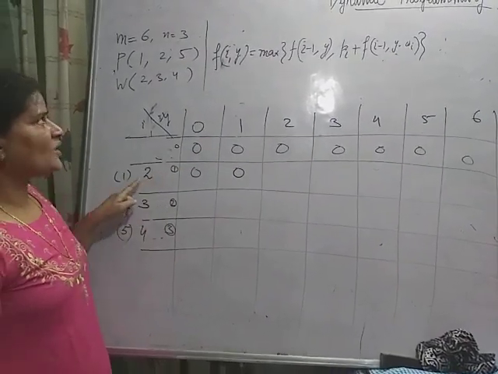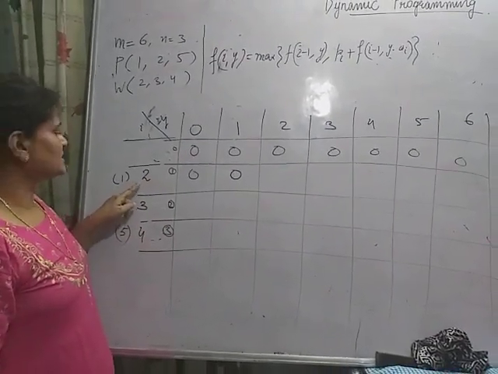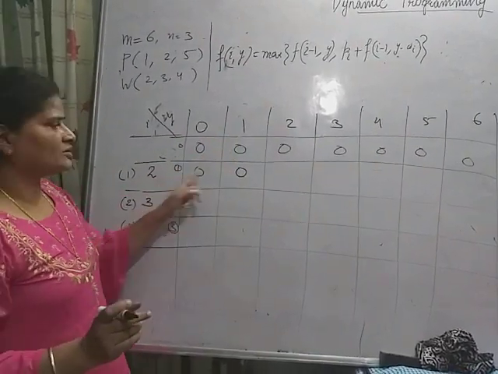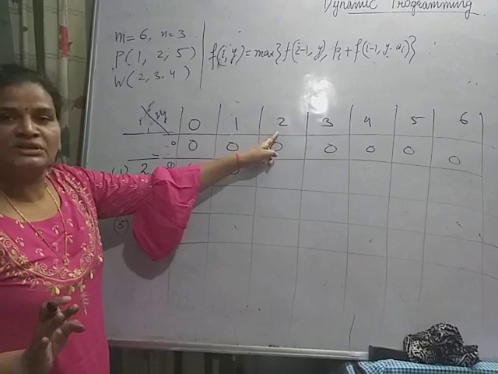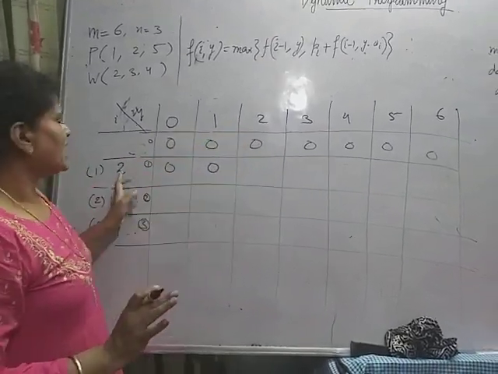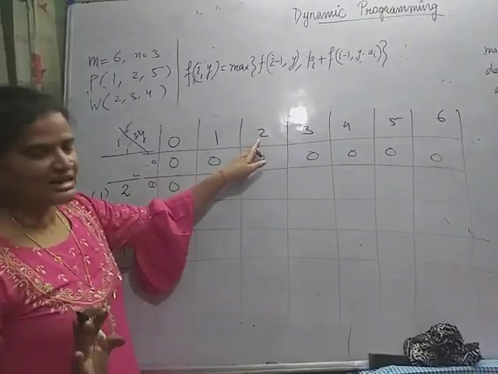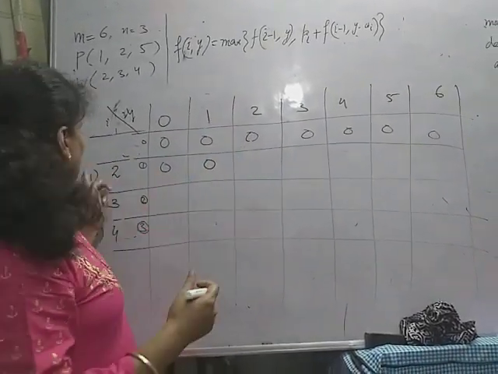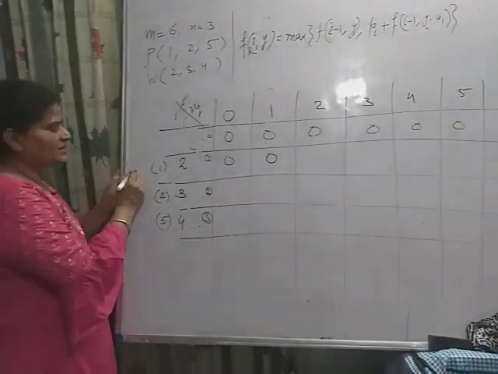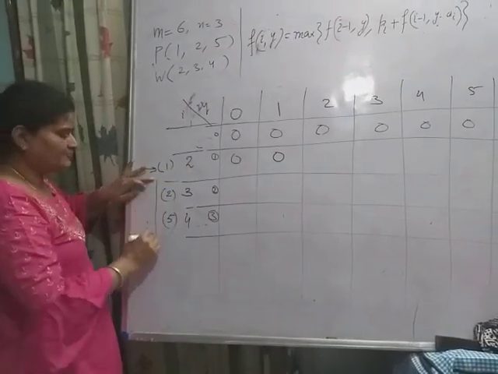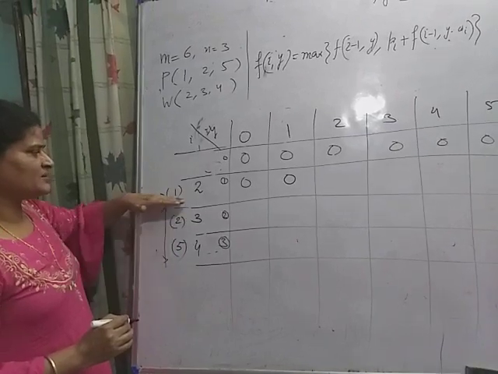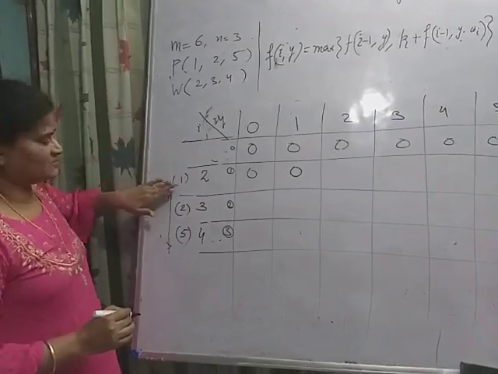But the object weight is what? So here the knapsack capacity is 1, so 2 cannot be included. Now the 2, and simply either 2 is included or 2 is excluded. If 2 is excluded, then the previous one will be copied, I minus 1. See, when you are filling this row, forget about the ones below this, okay? Just take the upper one, the previous one, okay?